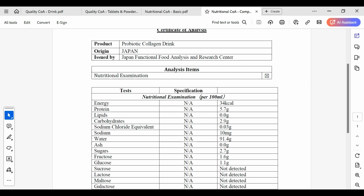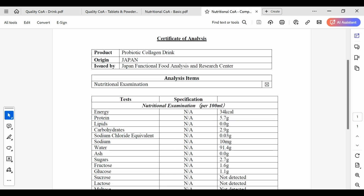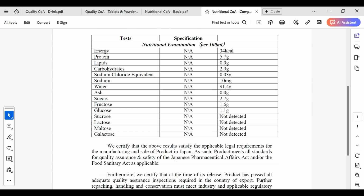So please let us know what kind of nutritional examination will be required by your country, because if you don't, we will by default follow the Japanese nutritional analysis requirements. In the case of a complete analysis requirement, some countries, such as the United States, for example,